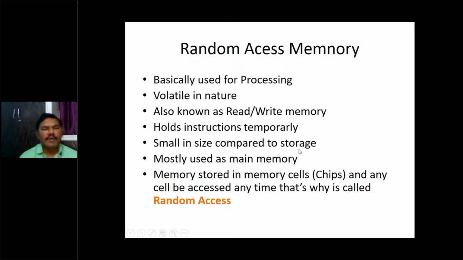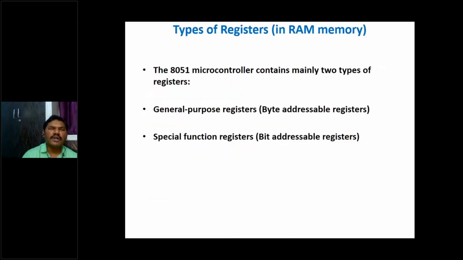We know that even in our mobile phones we have 4 GB RAM and 128 GB or 64 GB of ROM. That's why, compared to ROM, its capacity is small. It is mostly used as main memory because data moves from hard disk to ROM, RAM, and RAM to processor. That's why it's called main memory. And this memory is available as chips, right? One chip can handle 8 bits. So if it is 16-bit, we need 2 RAMs, and if it is 32-bit, we need 4 RAMs. Like that, even in our lab, the microprocessor motherboard has 2 slots or 4 slots. So you can see there.